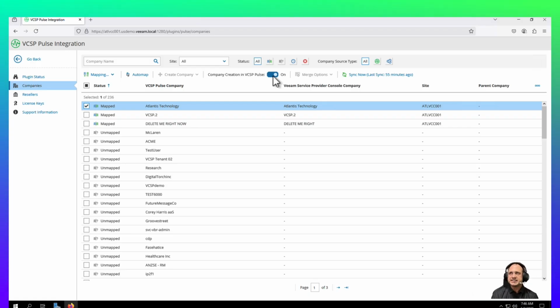If you've already set this up, you can have Veeam create a company after the fact up here, or you can just manually create these and then map them after the fact. Now the